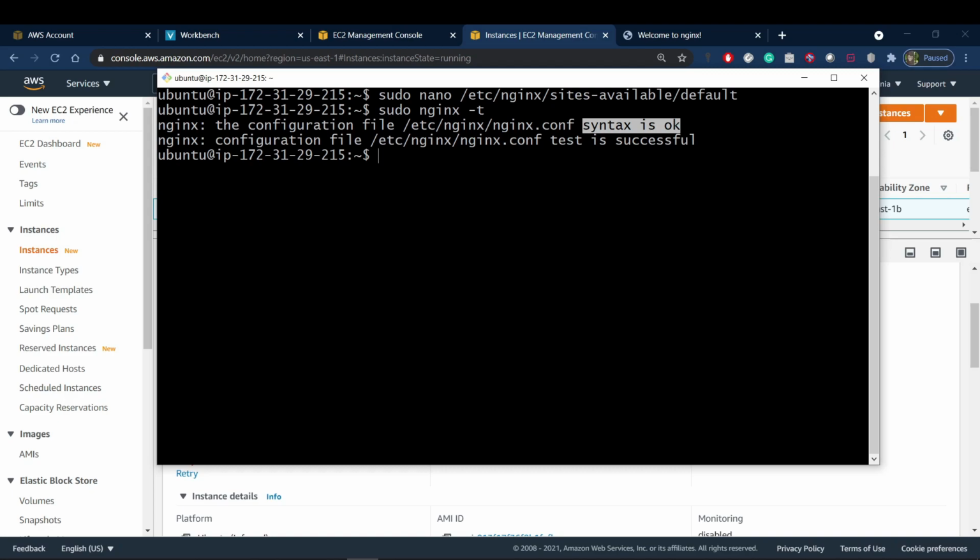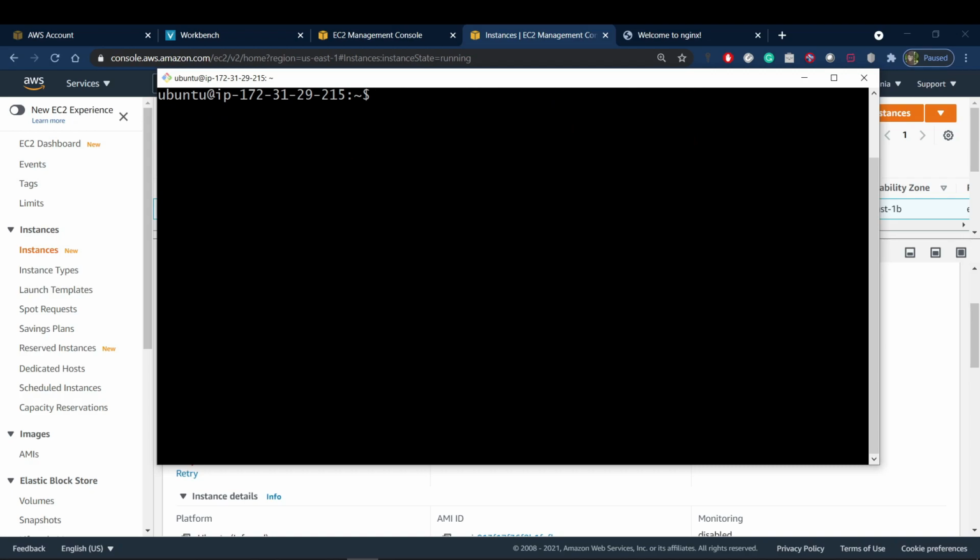In this process, if you have got any error, you need to reconfigure the nginx configuration file, this sites-available/default. You need to go to the same location by giving this command and reconfigure it and check your configuration file in a precise way so that no error occurs. And whenever you run this command, it must say test is successful and the syntax is okay. So let's clear out this screen.